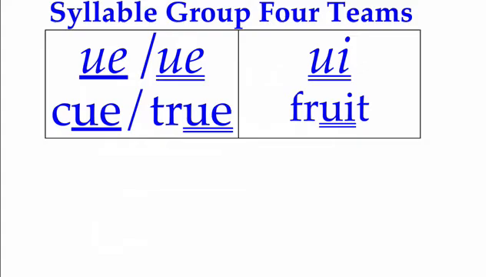As an example, to represent the long E sound, we have EA, EE, and EY. So if I were to dictate a nonsense word containing the long E sound, you could spell it using any one of those three teams. And we also have a fourth way we could represent the long E sound. We could put a silent E at the end of the word and have the vowel that comes before that silent E make its long sound as well. So that's four ways that you could spell a nonsense word with long E.